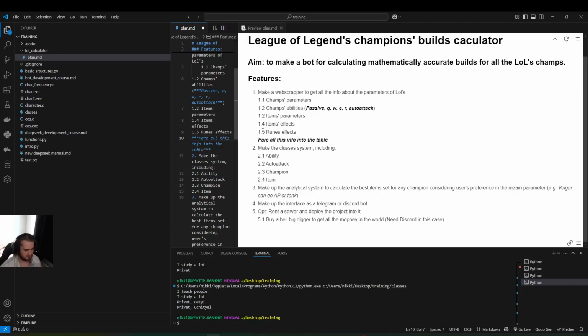Sorry. I have lots of typos. I have a new keyboard, so now unfortunately I have lots of typos, but I still like my new keyboard. So yeah, that's gonna be our project. We won't stop doing our bot development course, but I will try to do it simultaneously and add more videos on working with these particular projects and squeeze them into the schedule.